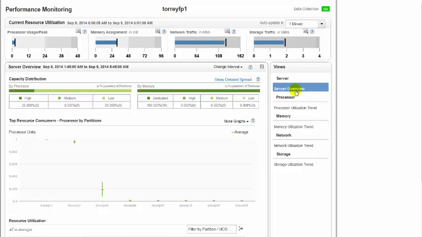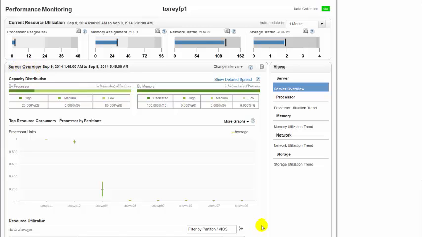It gives the overall usage of the resources at the server level. So by default, when we are on the landing screen, this view has been selected. So based on the selection of the view here in this view panel, the detail panel would be populated.